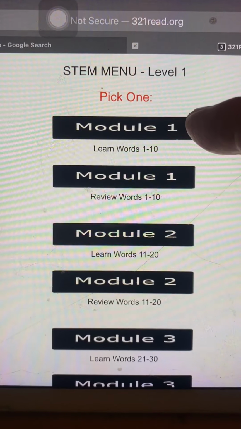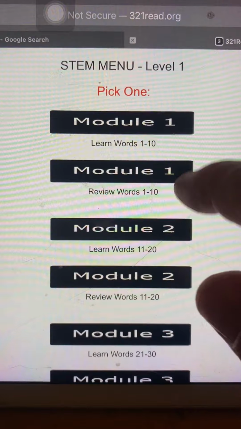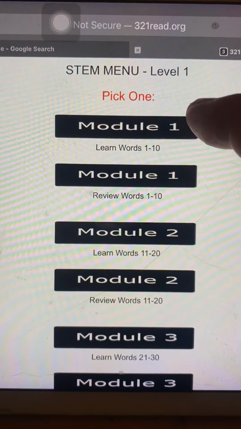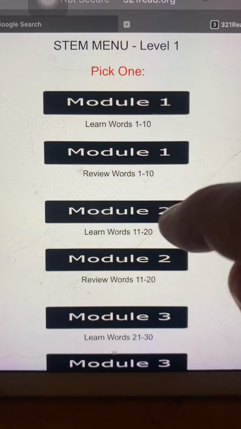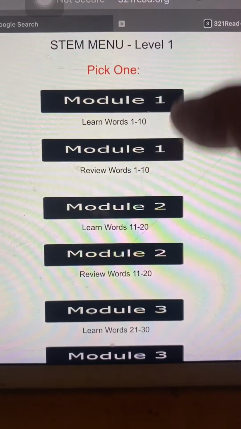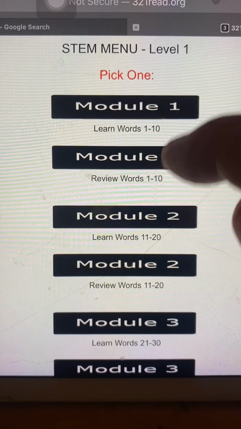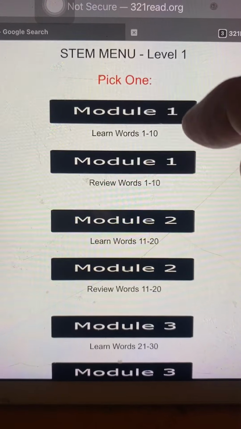Now inside of level 1, we have Module 1, Module 2, and Module 3. Module 1 has the first 10 words. Module 2 has the second 10 words. Module 3 has the third 10 words. We have a learn mode and a review mode in each one of the modules. So for the learn mode,